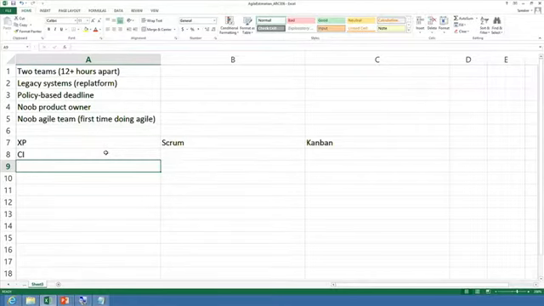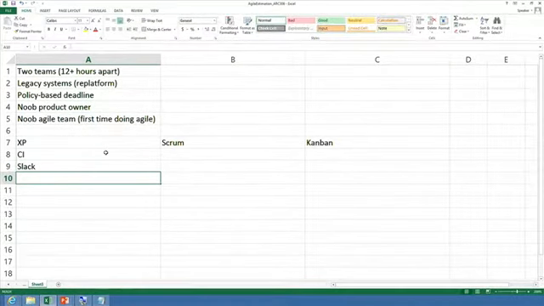Okay, so CI. I think obviously Slack is a generic one that almost always goes in one of them, so I'm going to suggest Slack. Why not? Sure. Anything else?